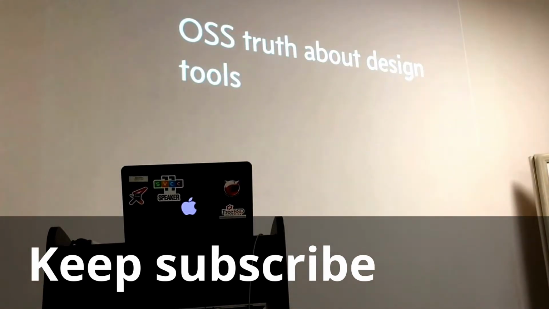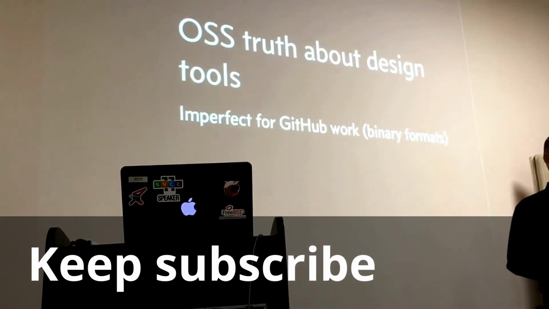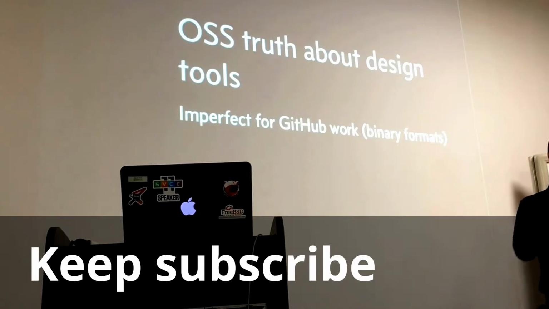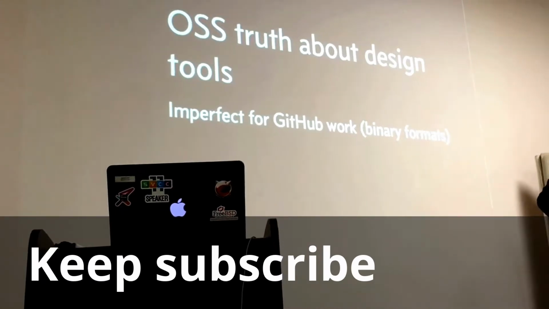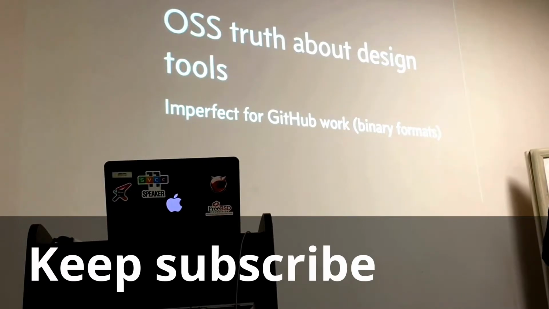So yeah, a bit of truth in terms of the design tools. All the tools that I've worked with seem slightly imperfect, other than Inkscape, which doesn't have this problem. I think it actually saves its own project in the SVG format, and it reads the SVG, and then you can export it to SVG. But as I said, it was not very practical yet. So all the tools that I've worked with have binary formats, which is slightly